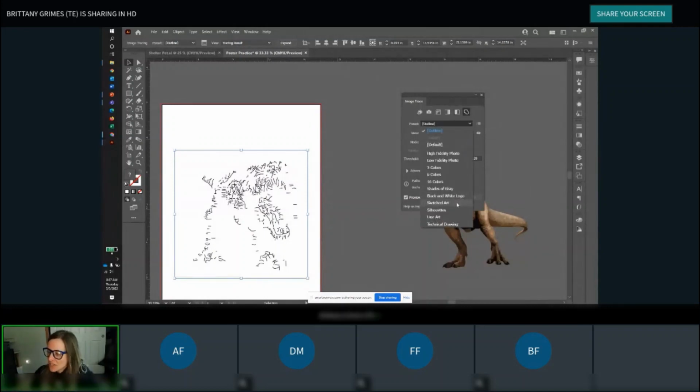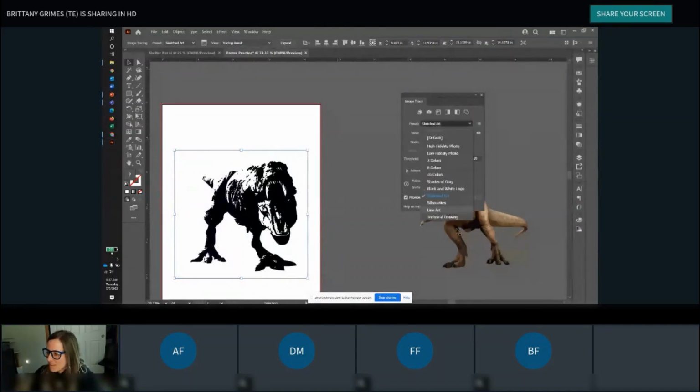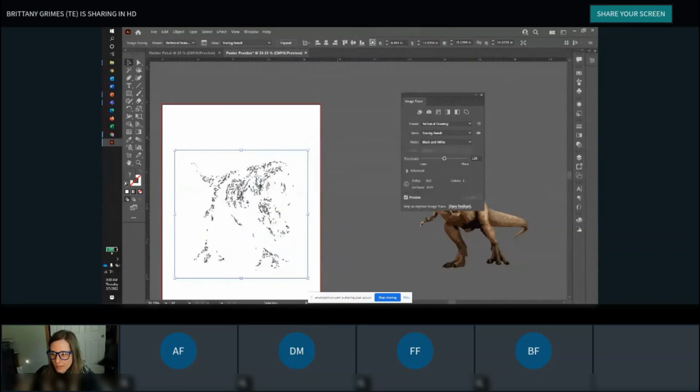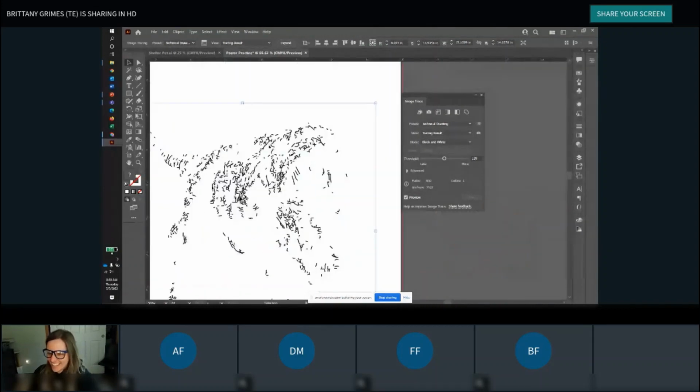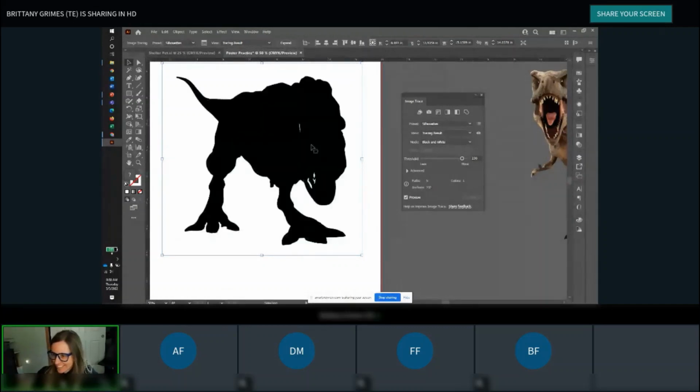Let's do sketch art. I think this is probably going to be along the lines of line drawings. Yeah. Not my favorite technical drawing. Yeah, that looks even better, right? Okay, so let's see. Silhouettes. Just going to be black. There you go. What's scarier than a real dinosaur is a dinosaur you can't see, right? Okay. So either way,